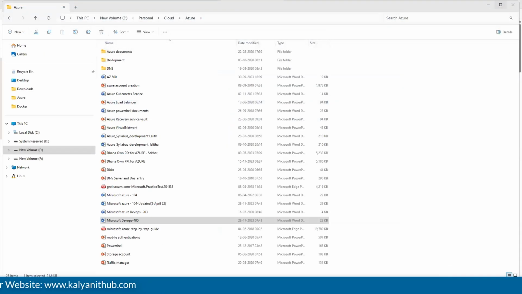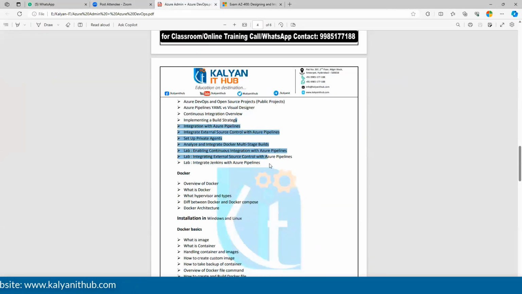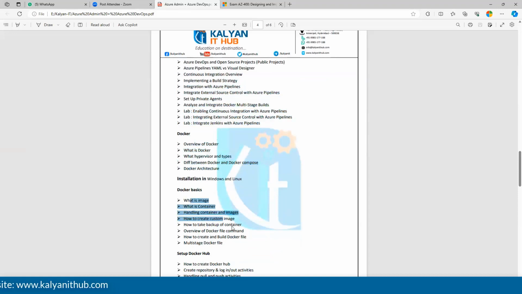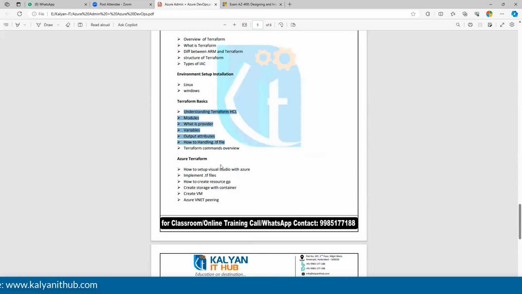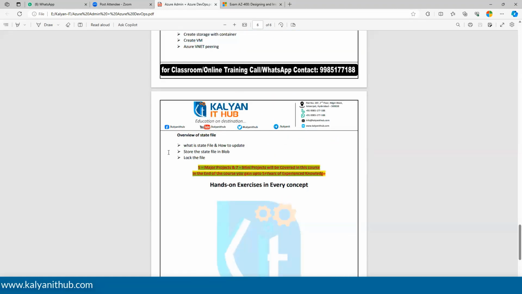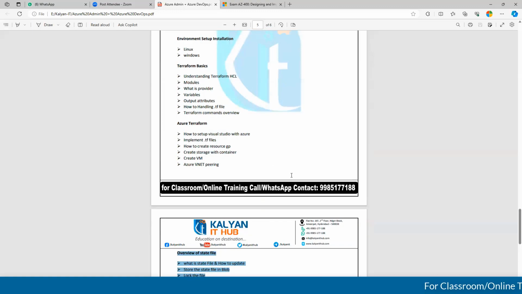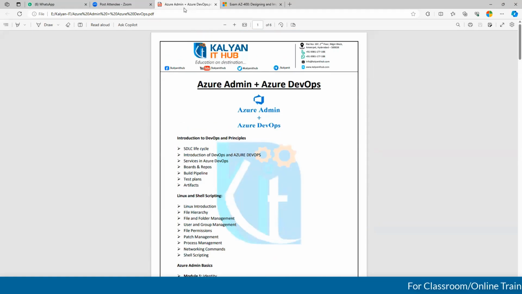Okay, this syllabus is also the same, just we have elaborated it, guys. That's it. Docker installation, what is Docker Hub? What is Terraform basics, Azure Terraform, and how we can do that. Here we will explain about 5 major projects, like how we can process a CI/CD pipeline, generally how we can host that application into cloud computing. Okay, so this is the overview of the syllabus which I have presented.